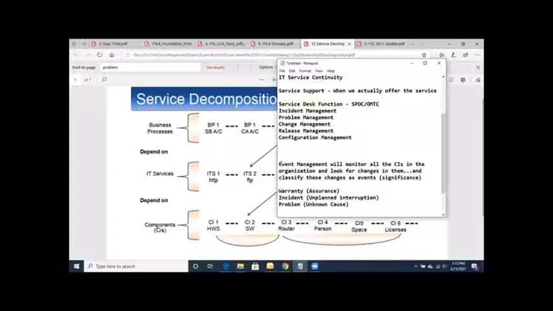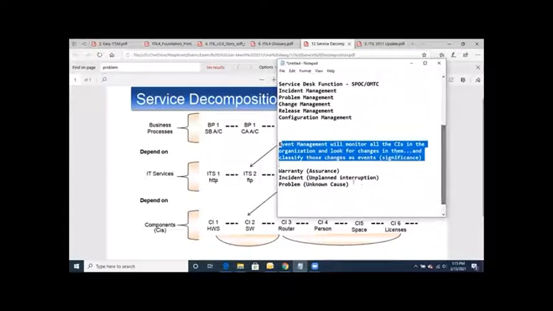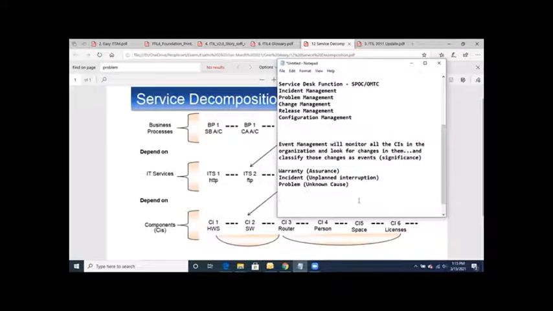definitions. Coming back, event management will monitor all the CIs in the organization and look for changes in the CIs and classify those changes as events. अब classify उसने events किया है, तो events तीन तरह की होती हैं, 3 types। एक तो event है which is called information।